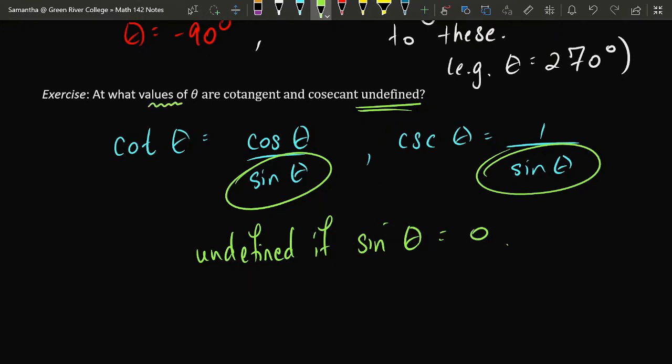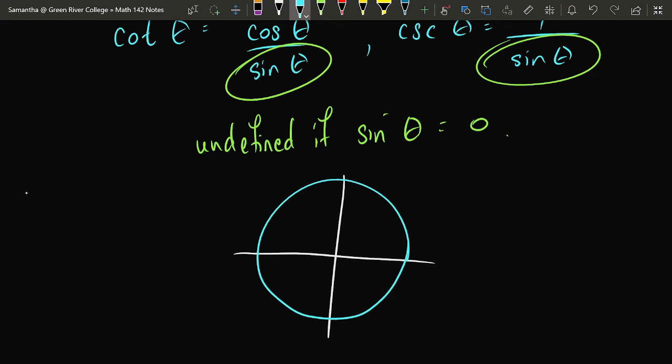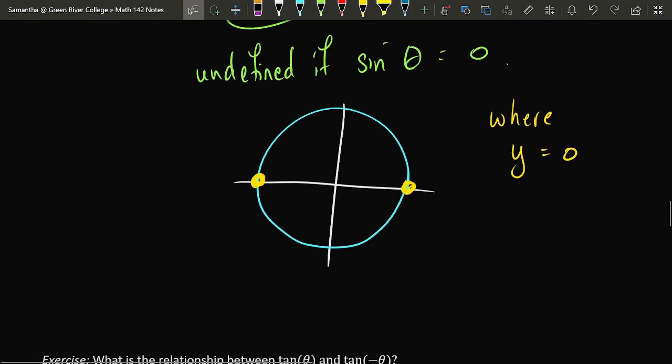So let's try and figure out the angles that will cause sine to produce a value of 0. Once again, if you're ever in doubt, bust out a drawing of the unit circle and see what it might tell you. In this case, because we're dealing with sine, we're looking for places where the y on the unit circle is equal to 0, which will be places where you haven't gone up or down at all, places which are right in the middle in terms of heights. So that'll be this location on the far right and this location on the far left.